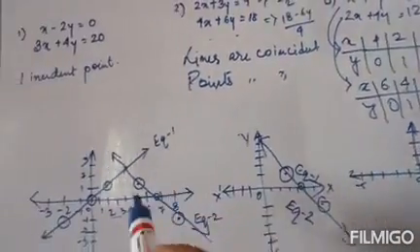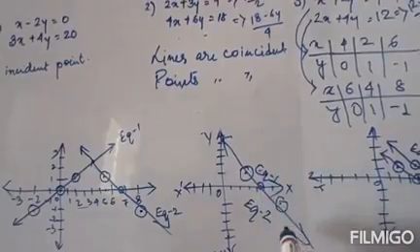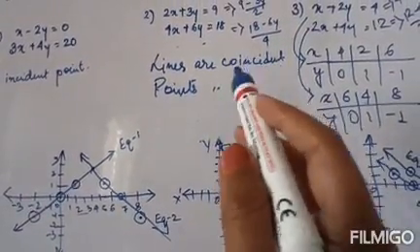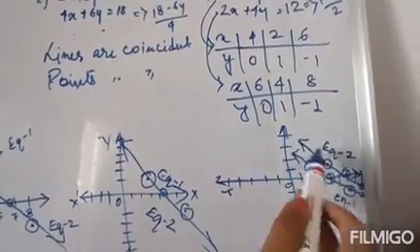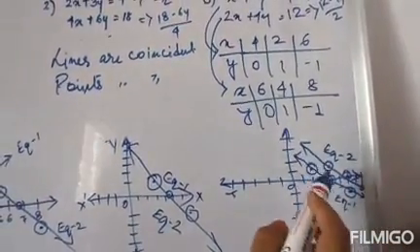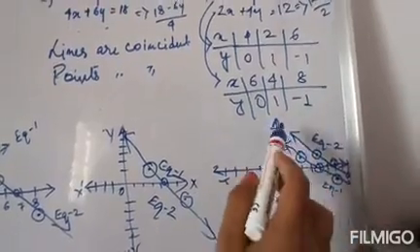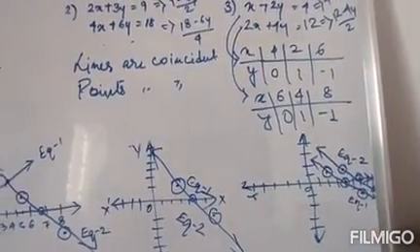So here you see, we have a coincident point. Here the points are same for both the equations, so we have only one line. And here you see, there are two different lines and there is no chance of meeting at a point. So these two lines are parallel. Okay. From there we can conclude,